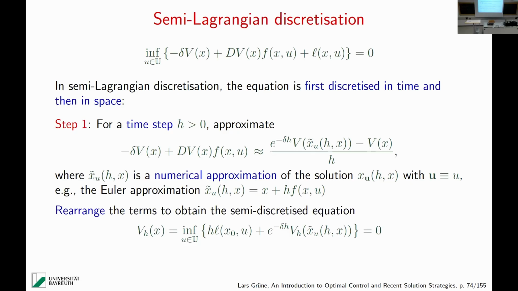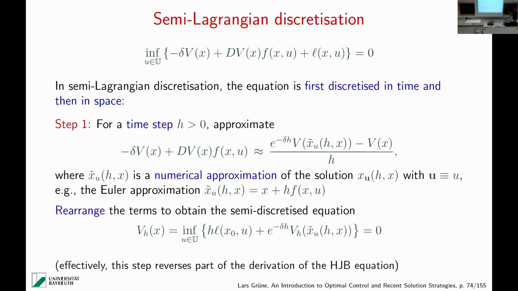So what I have done here is simply what I explained yesterday when I derived the Hamilton-Jacobi-Bellman equation. I invite you to go back and look at these slides. I have essentially reversed a part of the derivation I have done before, with one decisive difference: I have plugged in here a numerical solution, and I have not touched the L here, right? So this L came from an integral. This I have not touched.